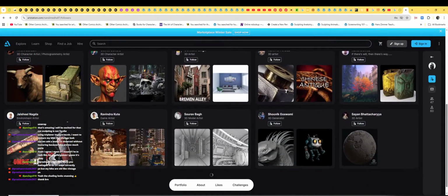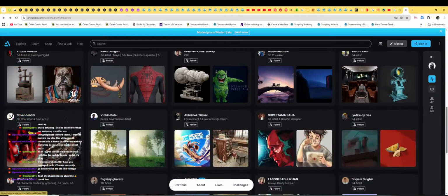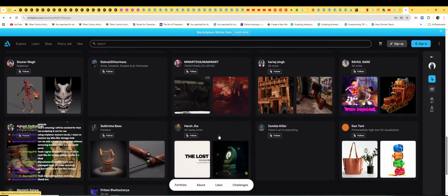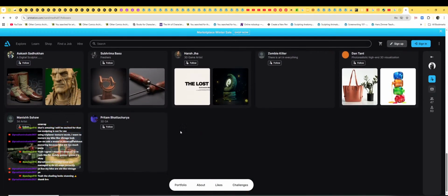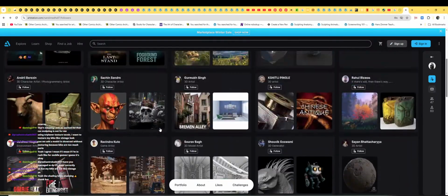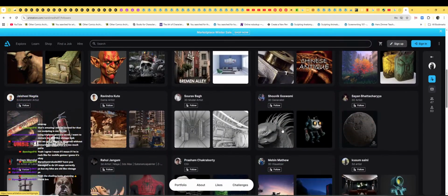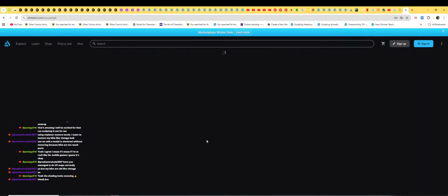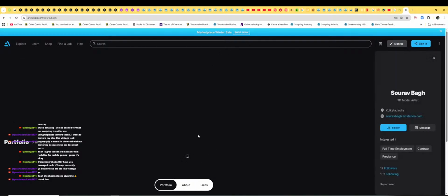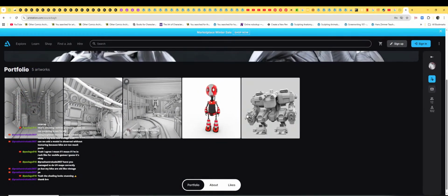Is there any bike here in this portfolio region? No, we don't have any bike here. But see, there are options like this. These are simple grayscale models, but